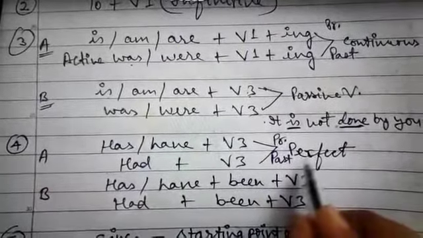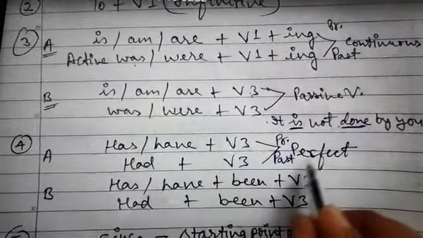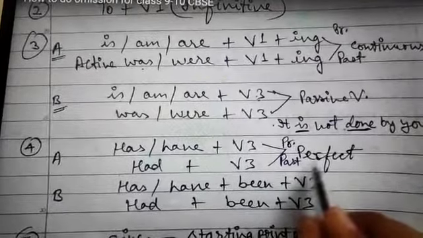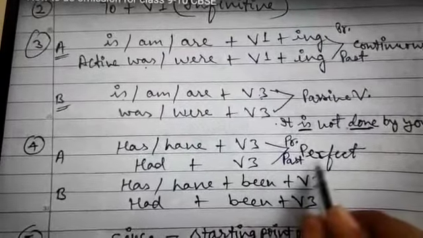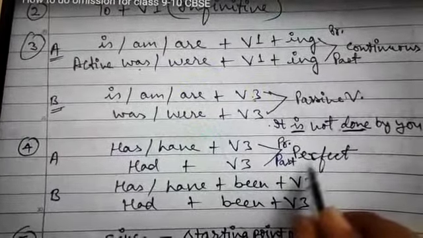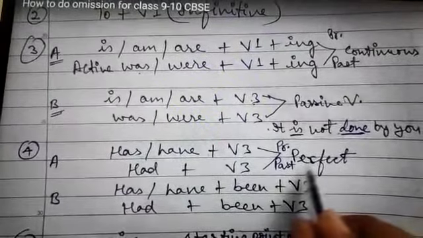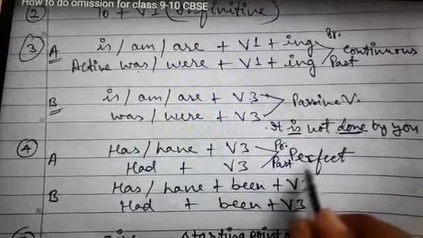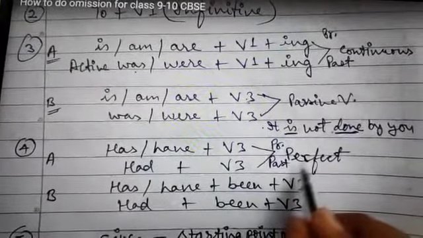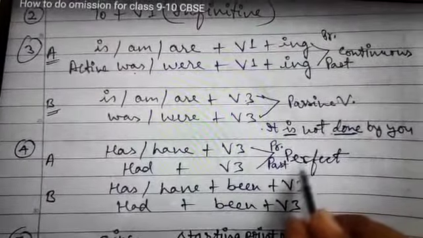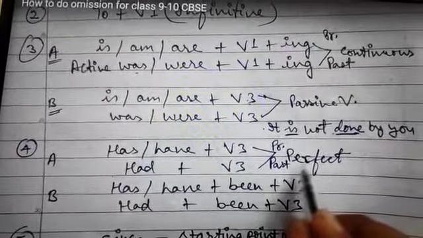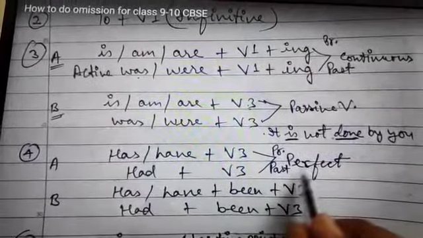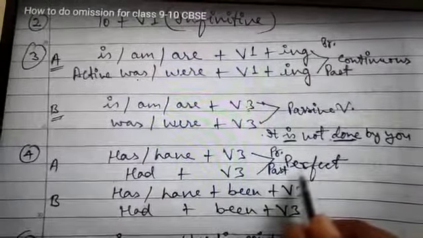And the next one would be has, have. As we know, in present perfect tense, has and have are used with the past participle form of verb. And if it's past perfect, then had plus third form of verb is used. But this is applied in active voice cases. If the sentence were in the passive voice, then it would be has, have plus been plus the past participle form of verb: has been, have been plus third form of verb. And in case of past perfect, it would be had plus been plus third form of verb.